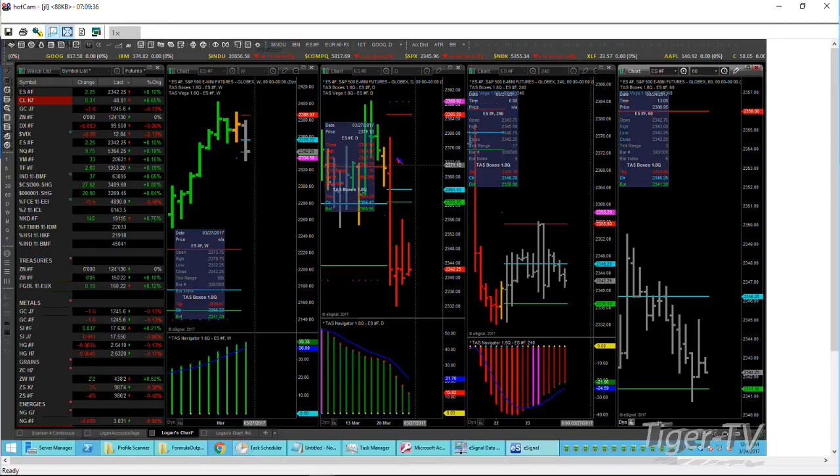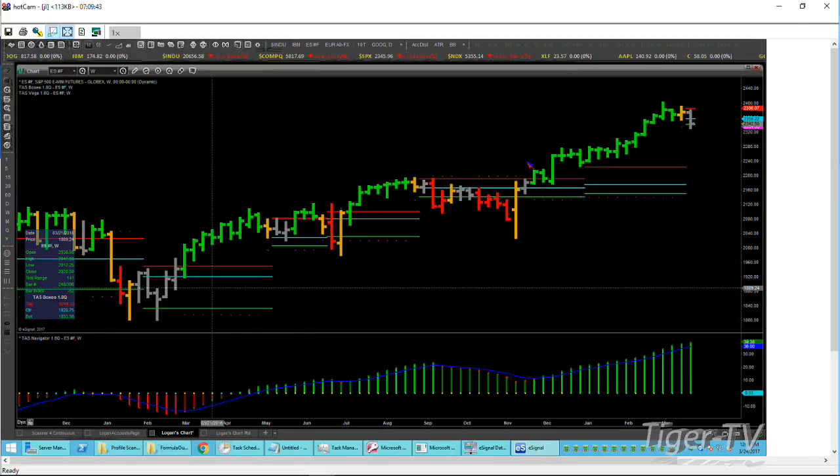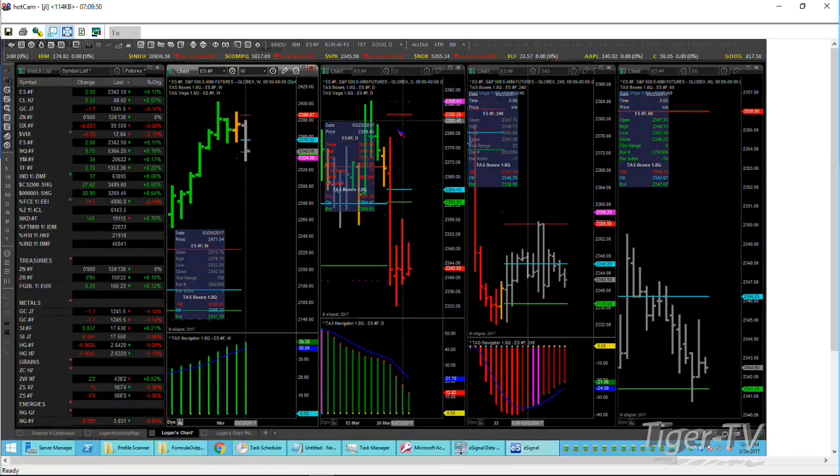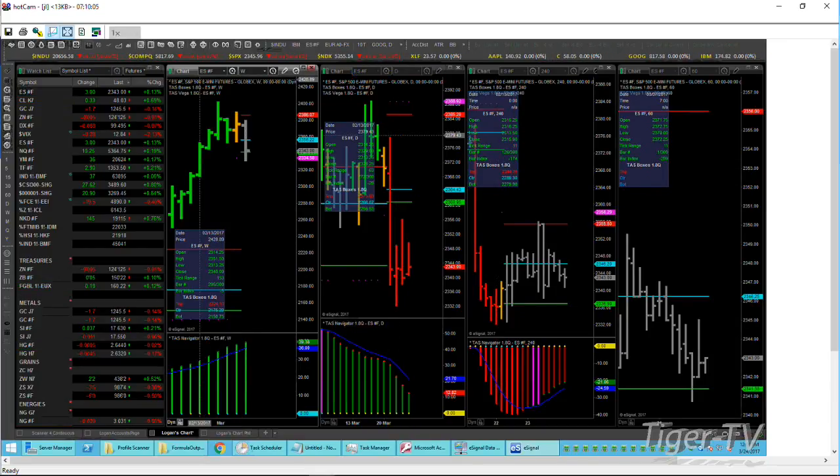But on the longer term, what I feel it does is it gives us a little more edge, because we pretty much have the volume we need on a continuous basis to really build profiles, and especially the current profile, especially when you're kind of rolling into these new contracts. So I'm just going to avoid, on some of the treasuries, the indices, the dollar, things like that, the front month from now on and just use the continuous. And that's what's actually now outputted in the scanner.